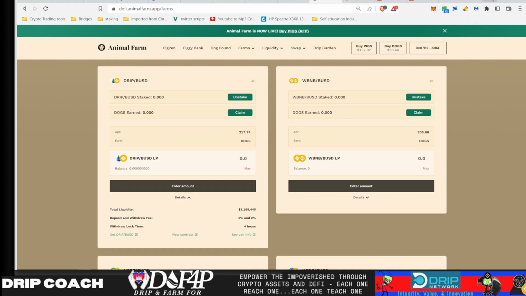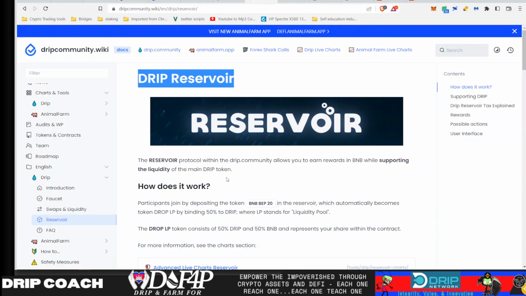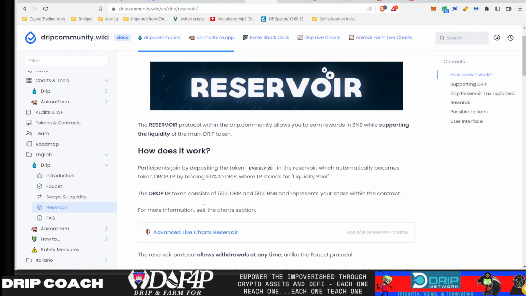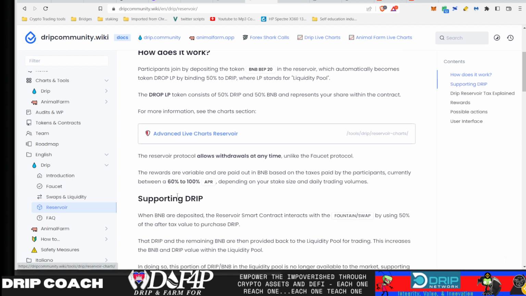Next up, let's look at the reservoir so you can understand what that is. So this is a reservoir. Basically, the way this one works is you're putting in BNB and then you're being paid out BNB, but the BNB you put in, half of it is used to buy drip with, and then the drip you bought is then paired with the other half, and